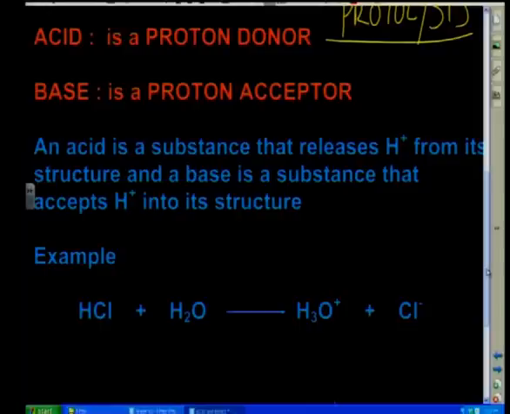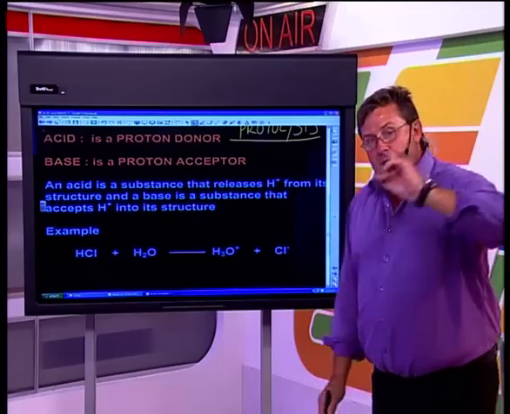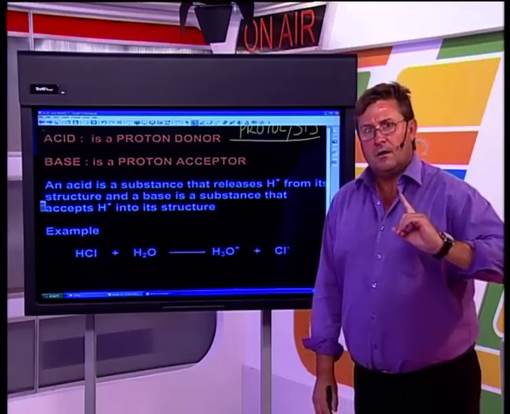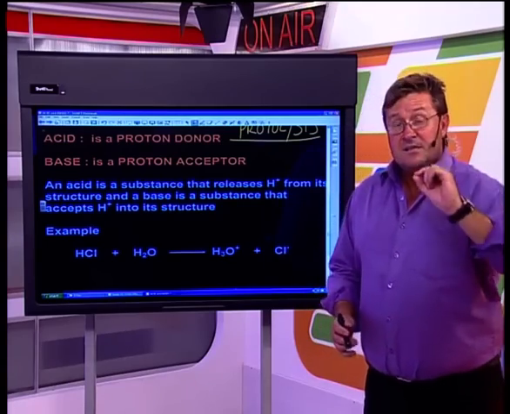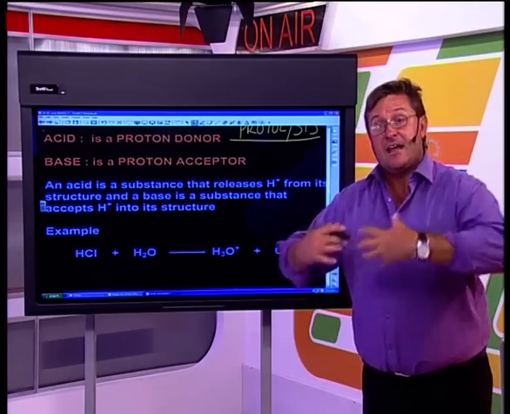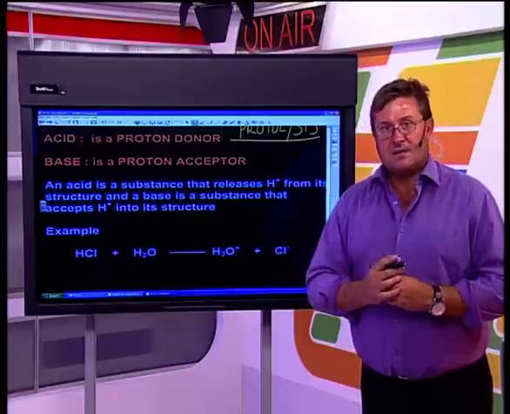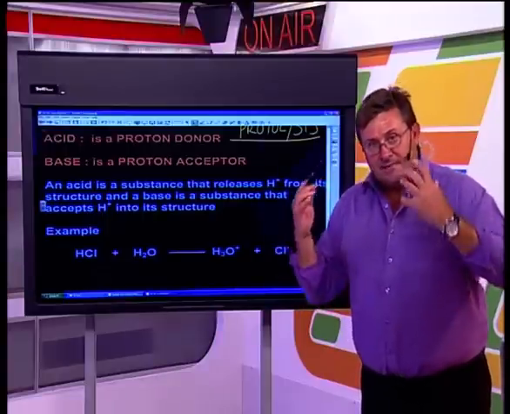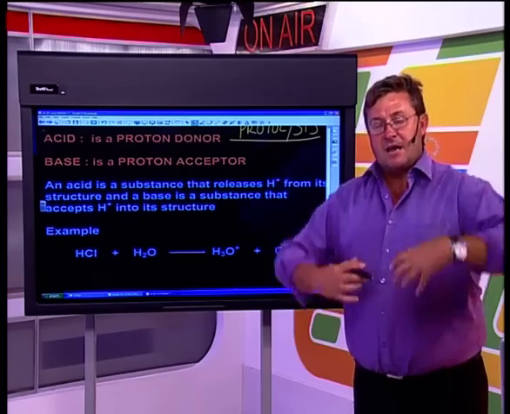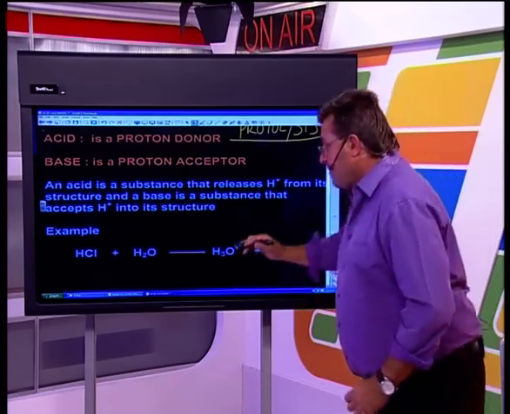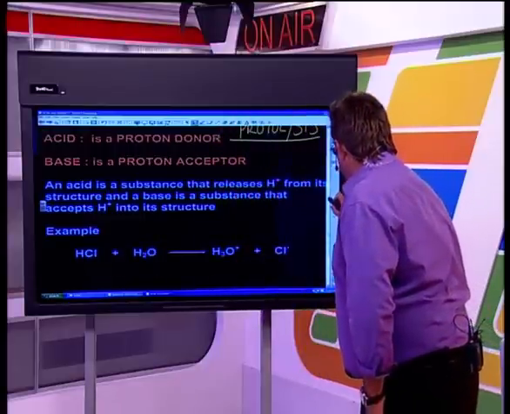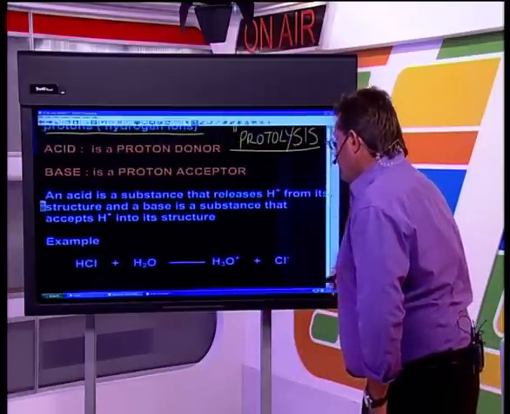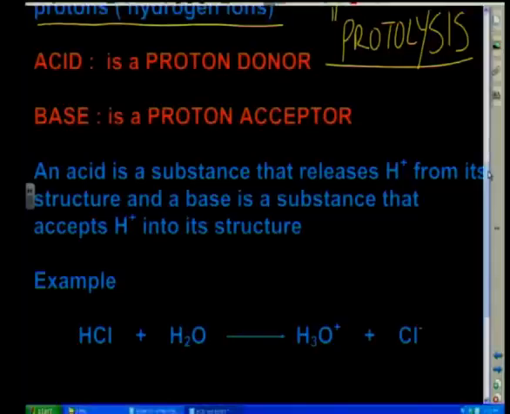Now, a lot of you guys will probably look at that and say, but hang on. We saw this in the Arrhenius model, but isn't Arrhenius supposed to be outdated and doesn't work? Now, no one said Arrhenius was wrong. It's just that he needed a better model to explain things. So we can certainly take examples from Arrhenius and apply it and modify it and upgrade it. So, let's take our example and see what's happening. We'll just take the first one. We're now looking at an acid as a proton donor and a base as a proton acceptor.